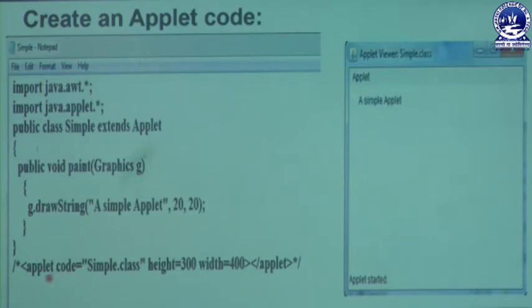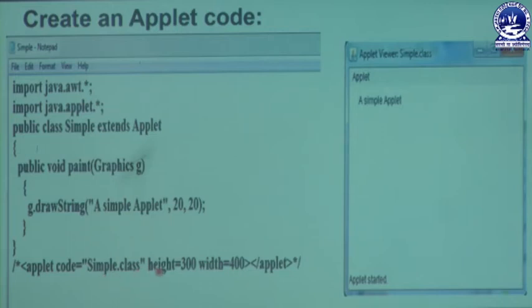First of all, we take the help of the applet tag. Inside that applet tag we have an attribute called code. In it we declare Simple.class. We know that applet code needs to be compiled. Whenever the applet code is compiled, it creates a class file, and we need the reference of that class file in the applet code, that is, in the code attribute, Simple.class, because the class must be saved with the class name Simple.java. Whenever it is compiled, it creates a .class file. We need to reference it in the program.